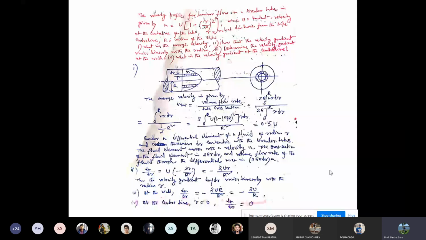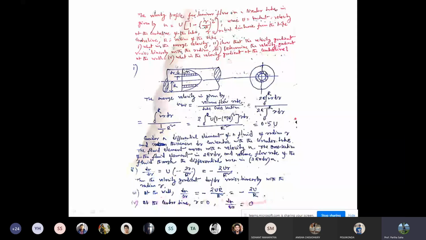So let's see how we approach this problem. I have drawn a schematic. As you can see, capital R is my radius. The dr is the small strip in the radial direction, where the radius is changing. The velocity profile is given by small u, and the free stream velocity by capital U. At the wall, the shear stress is maximum because of the resistance being offered, so the velocity is 0. As it moves towards the center, the velocity gradually increases. That is why it takes a parabolic form. And this is the cross-sectional view.